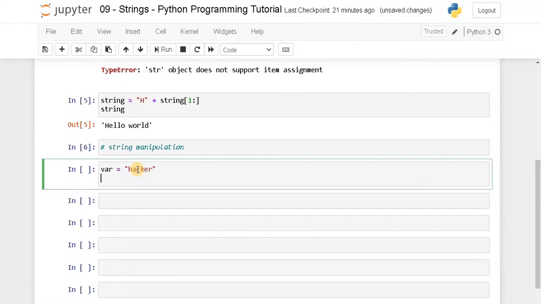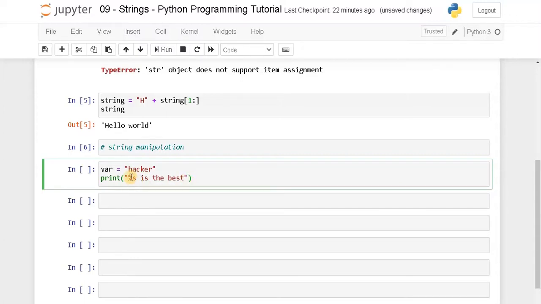Now if you want to print, hacker is the best, so print quotation. If you know about format specifiers, we are going to use that here. %s, that is for string. You can learn more about format specifiers in the Python documentation. For now, I'm just using the string format specifier. %s is the best. So this is the predefined format.